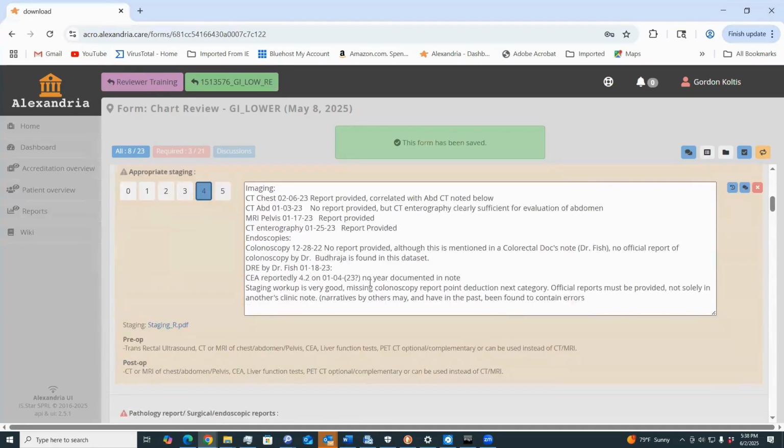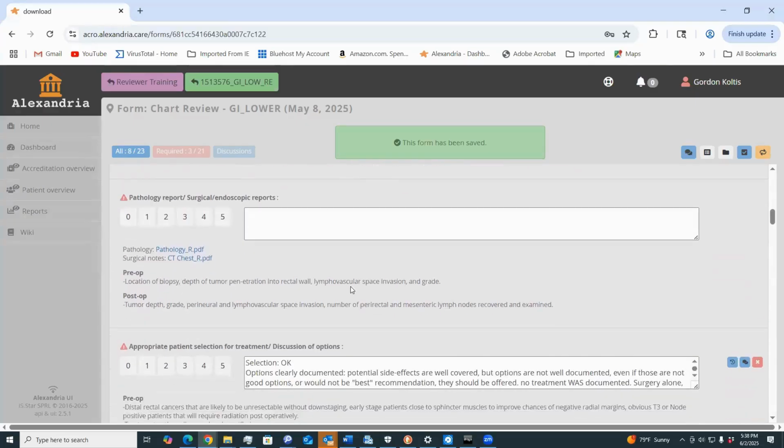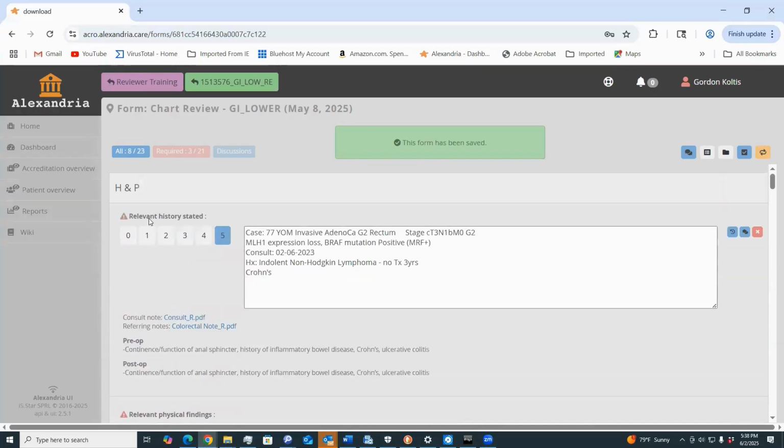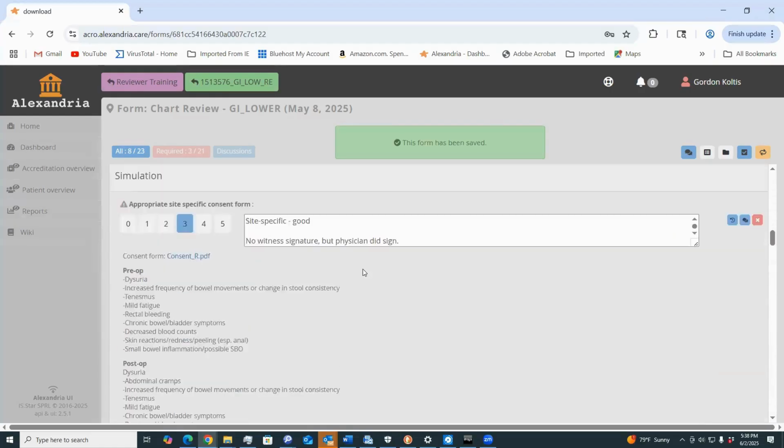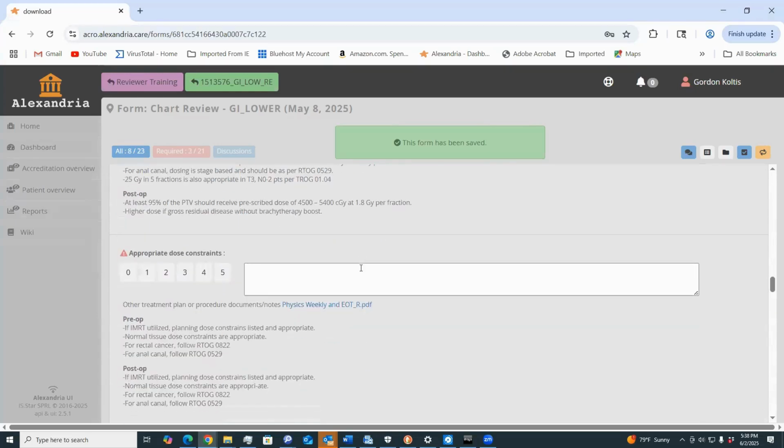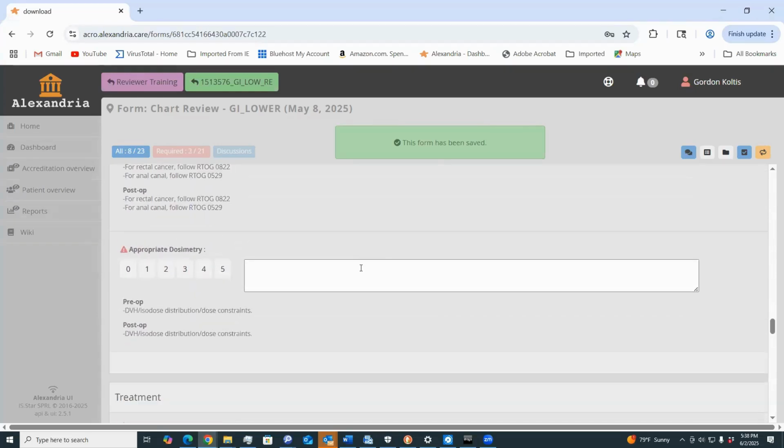I'm going to score this as something missing. This is just for an example. I suggest when you first come to the cases and you're looking at the case and you open up this consult, once you read the consult, which is going to say we plan to do this and this and this and that, I normally then will go down to the completion